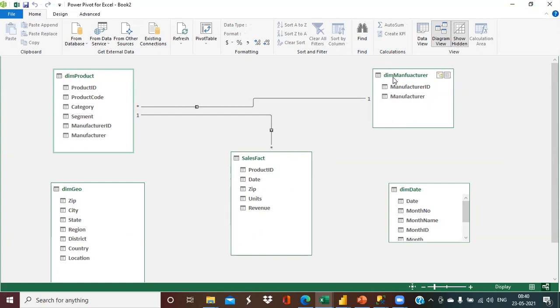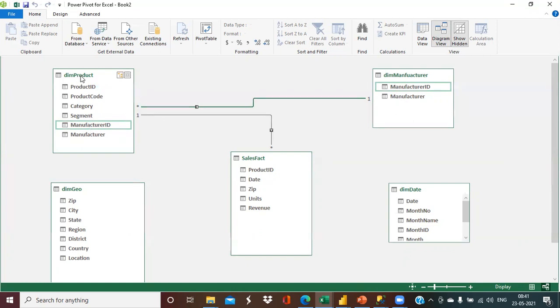We are creating a direct relationship between the manufacturer table and the product table, which we can do. Yes, we have a one-to-many star relationship between these two columns. This is my primary key in the DIM manufacturer table, which has unique values, and each product table can have the manufacturer ID repeated n number of times. So yes, it's an absolutely correct relationship.